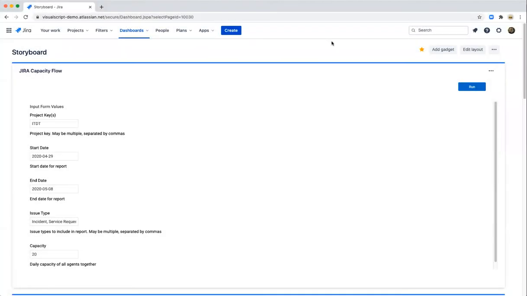In this demonstration, we're going to show 4 different reports that are quite important for any IT service team. The first one is our capacity flow diagram. The focus of this report is to show a day-by-day view of how many tickets were opened versus how many